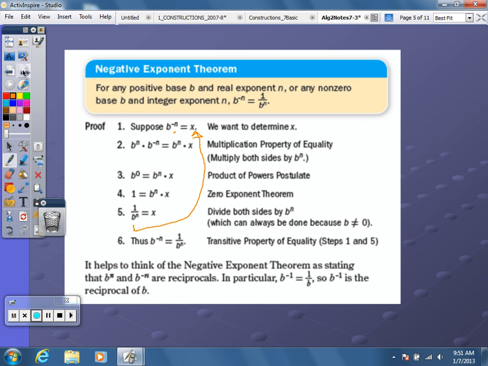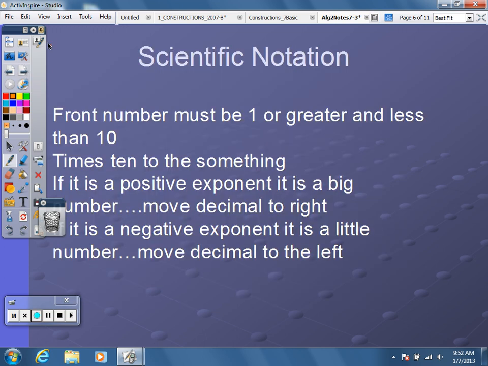Okay. So you have seen negative exponents before in science class, in scientific notation. I think you probably saw them the first time in 7th grade, because I did teach it when I taught 7th grade for a couple of years. The rule on scientific notation: the first number has to be a number between 1 and less than 10. It can have lots and lots of decimals, but it has to be a number between 1 and less than